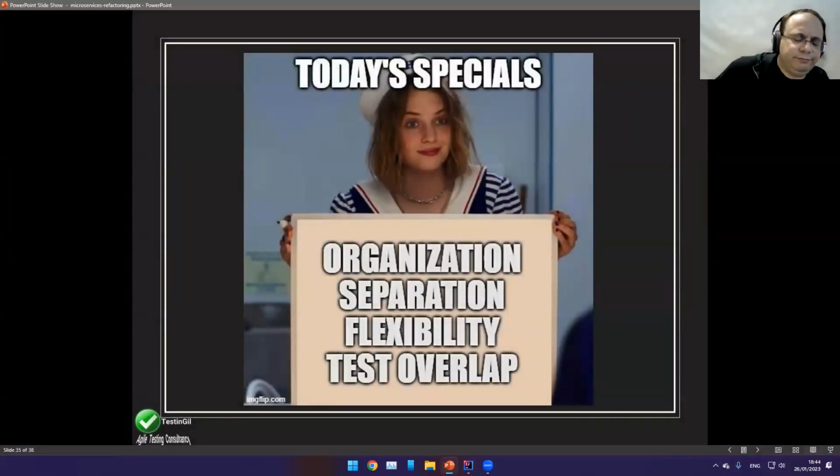What do we have? So first of all, let's look at the results. Code organized better. We like that. Everybody likes that. The other thing, separation. We separated the domain from all the other parts, the persistence, Kafka, stuff like that. We got flexibility. If the domain objects are not coupled to the implementation, we can replace different stuff. And we also already saw one context where that was important, which is testability. I could mock stuff, and I can mock stuff in different ways and do all kinds of paths or integrations